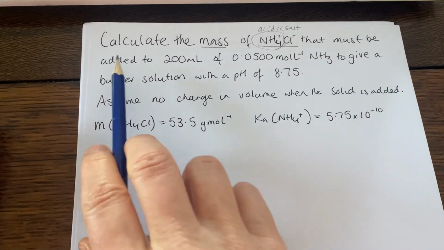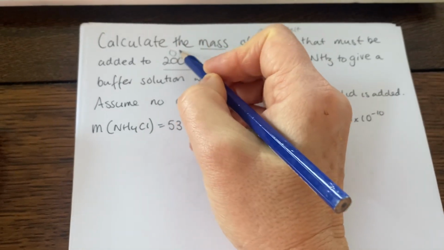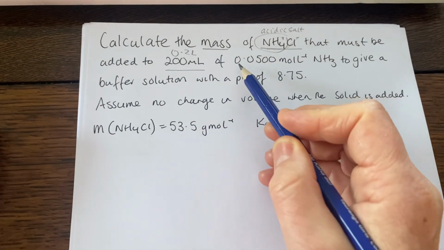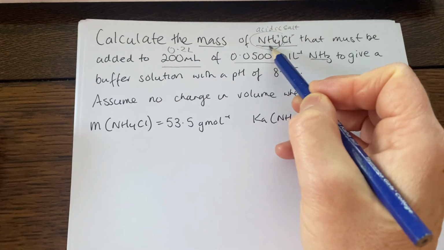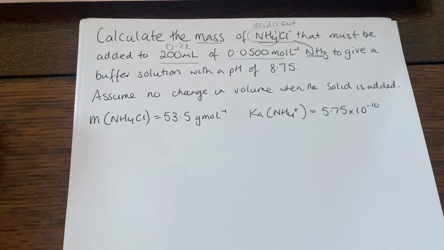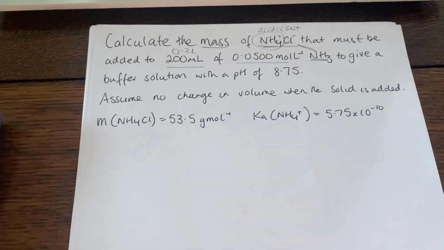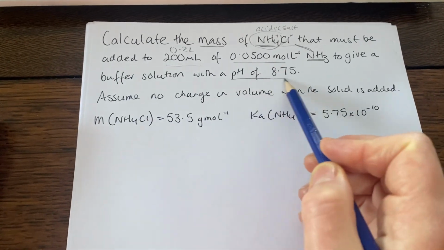That must be added to 200 mils. So here's my volume. And of course, that is going to be 0.2 litres. So 200 divided by 1,000 of 0.05 moles per litre ammonia. So here I've got my weak acid and my base conjugate pair that will make my buffer solution. So this is going to give a buffer solution, and the buffer solution has to have a pH